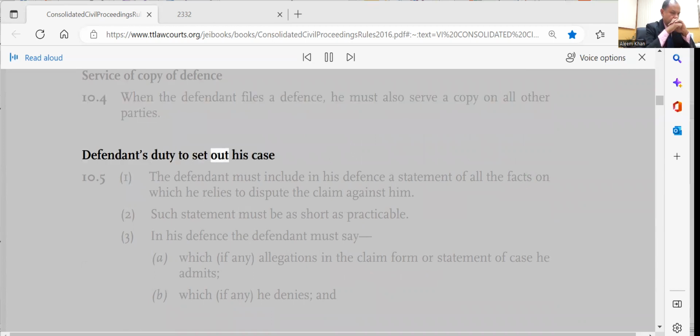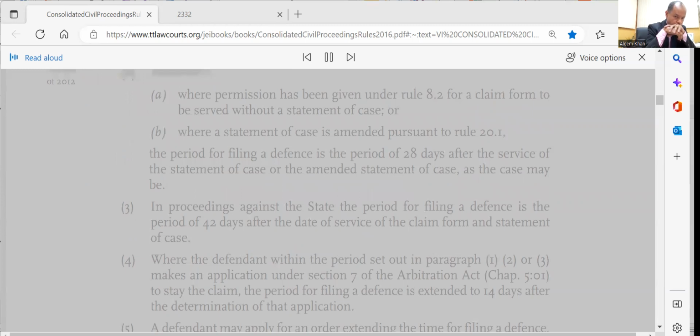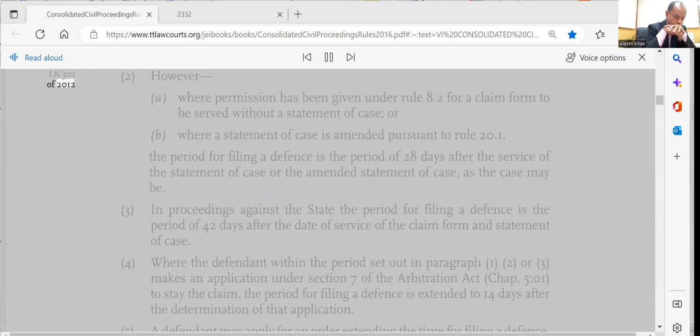Defendant's duty to set out his case 10.5. 1. The defendant must include in his defense a statement of all the facts on which he relies to dispute the claim against him. 2. Such statement must be as short as practicable. 3. In his defense the defendant must say, a. which, if any, allegations in the claim form or statement of case he admits, b. which, if any, he denies, and